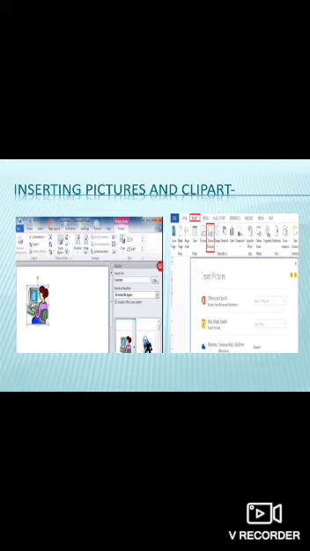Then how to insert clip art? On the insert tab in the illustration group, click clip art. In the clip art task pane, in the search for text box, type a word or a phrase that describes the clip art that you want to choose for your picture. Then you can even modify your search, and as you get the desired clip art, you can click go. From there, you can select the clip art according to your own choice.